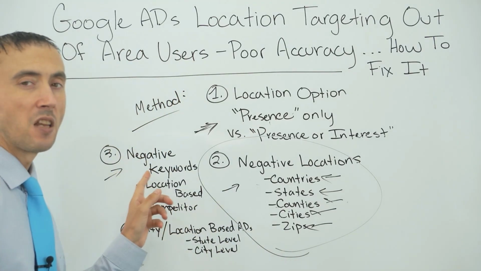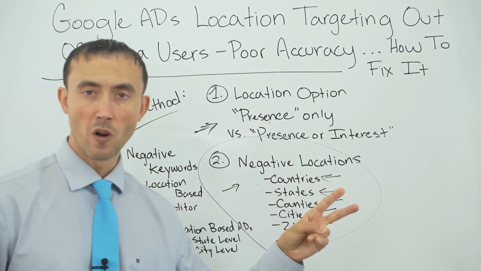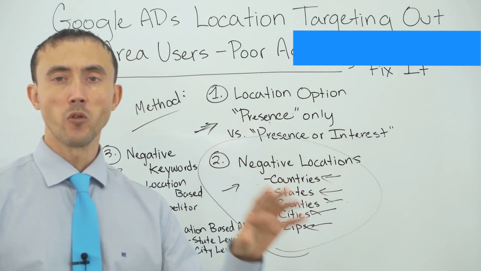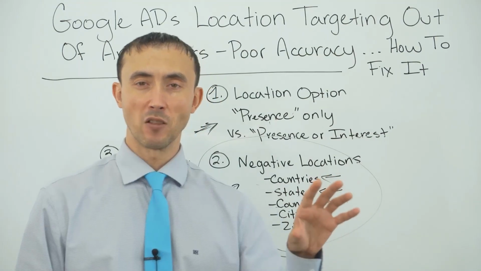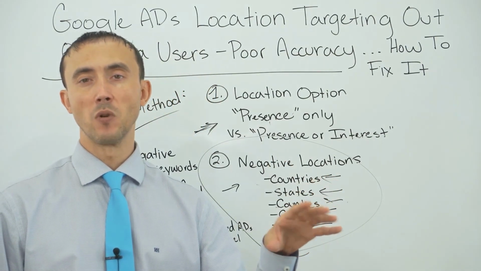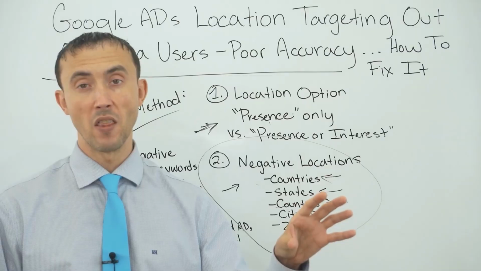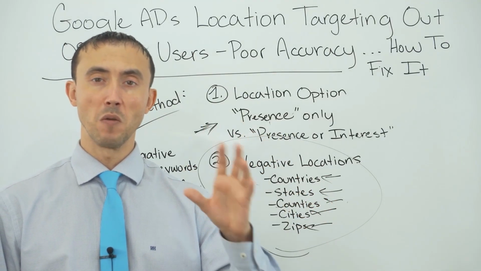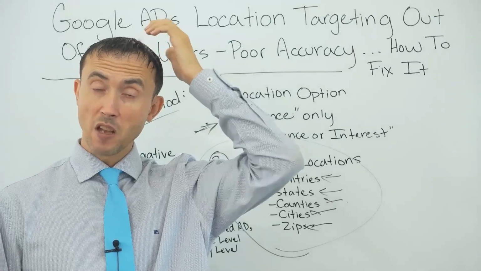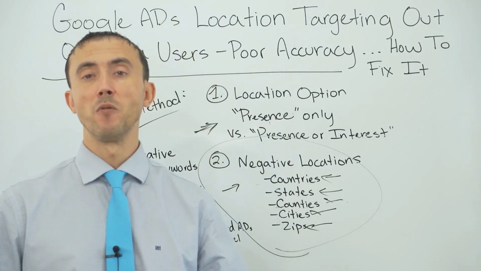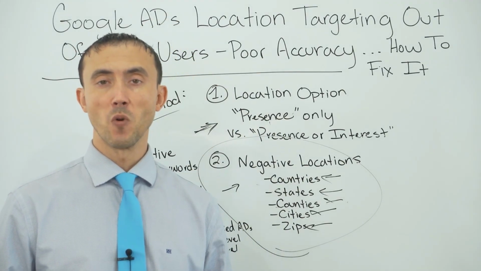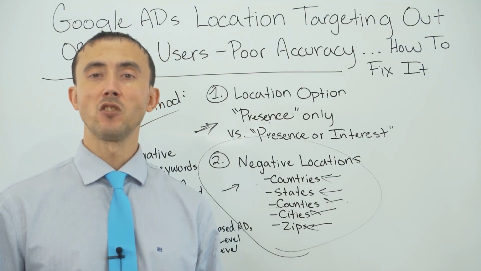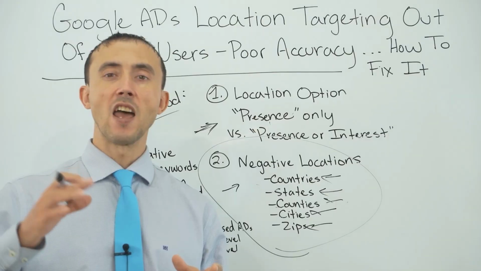And what I mean by negative keywords here, there are two things that you want to do. The first of which is the location-based searches. So you go through your search terms report, assuming you're talking about search campaigns here. You can't do this with PMax, which is why you shouldn't use it, by the way. At least if you're talking about lead generation campaigns, you shouldn't use PMax. You can't do it with display campaigns and other campaign types either. But with search campaigns, or shopping, I guess I should say, you go into the search terms report, find any searches that are location-based, and add them as a negative keyword